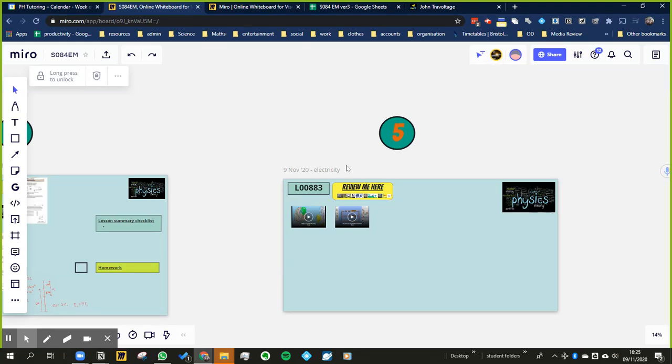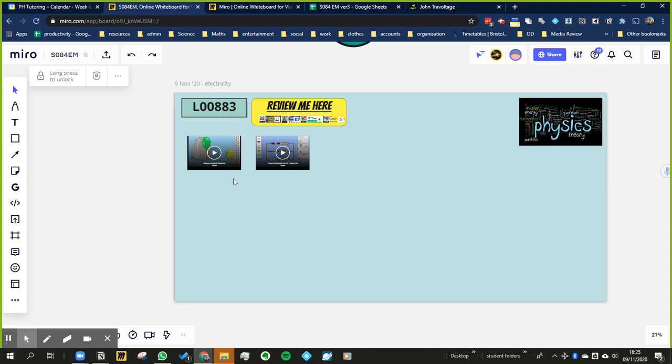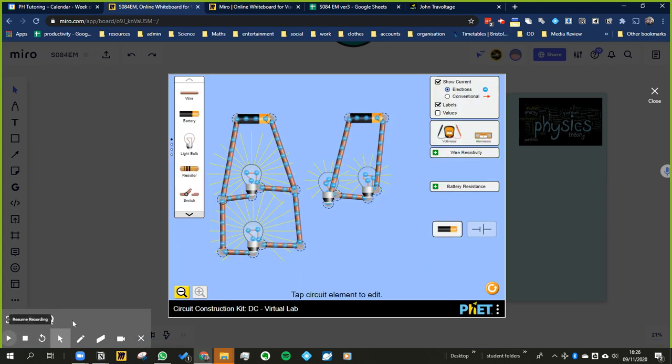Okay, so basically I've got the simulations in here now. That's another one we may look at in a moment, but let's just look at this one. So if we go into here, play again. Okay, so we've got two circuits, and they're both connected to a battery. In one we've got light bulbs connected in parallel, and in the other we've got light bulbs connected in